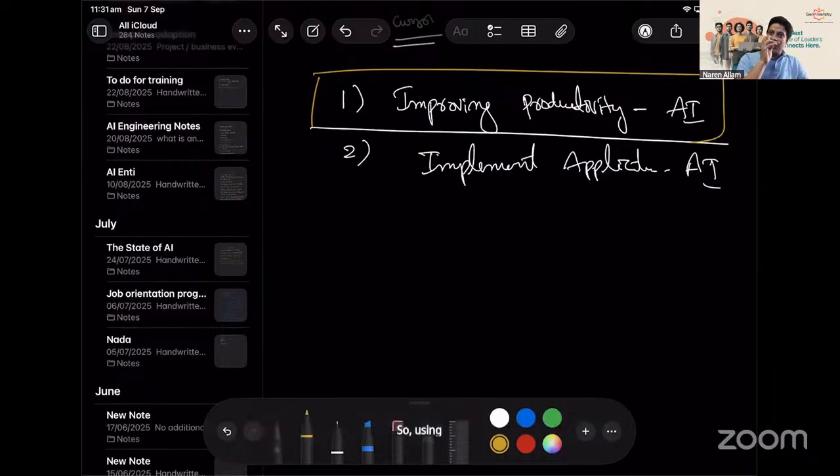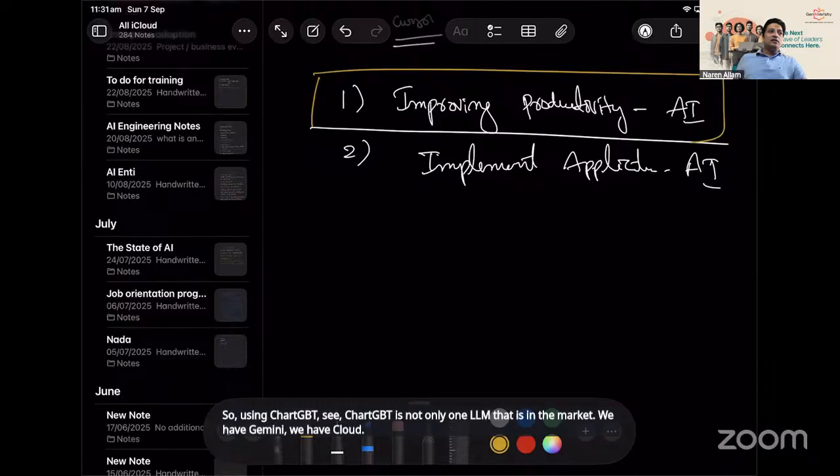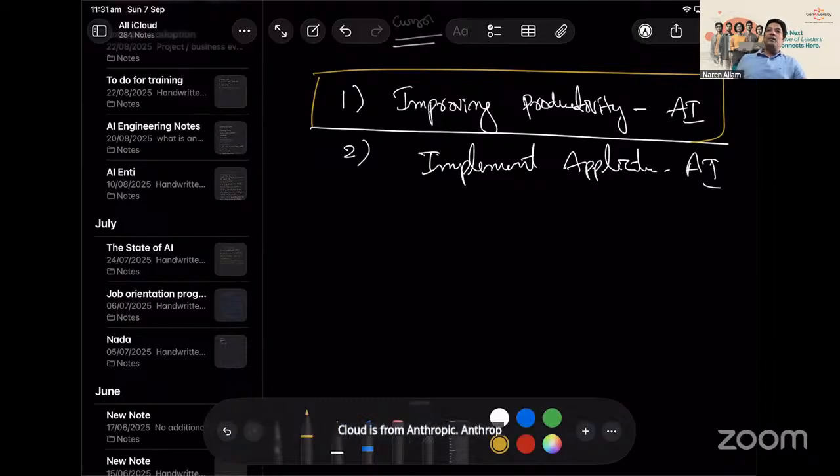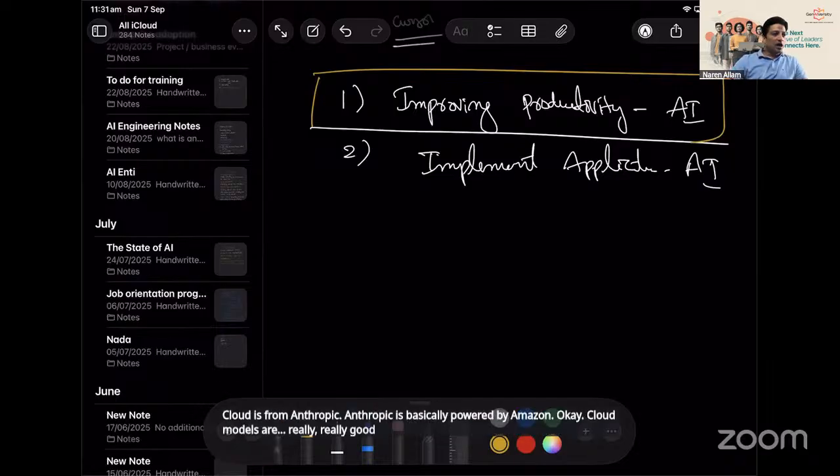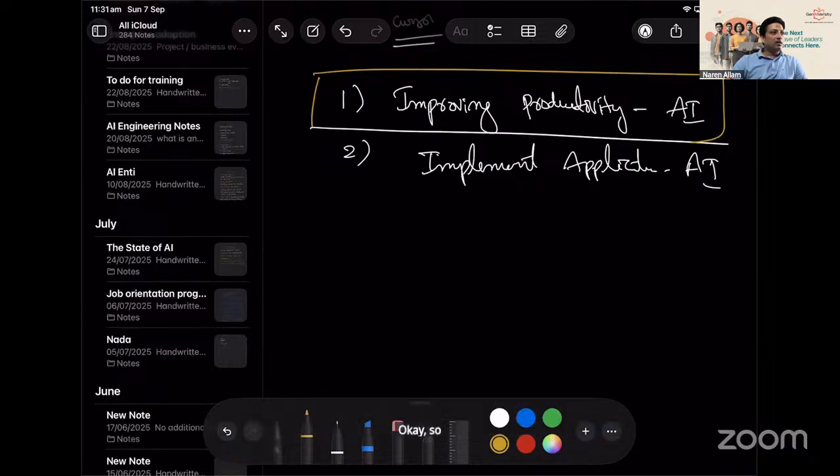So, ChatGPT is not the only LLM in the market. We have Gemini, we have Claude. Claude is from Anthropic. Anthropic is basically powered by Amazon. Claude models are really, really good. So this is how Claude looks. This is Perplexity. This is ChatGPT. And we have Gemini. I think you guys might have seen Gemini. Gemini is simple, you can go to any web. And these are desktop versions basically. And I have IDEs you can see here. One is VS Code, and